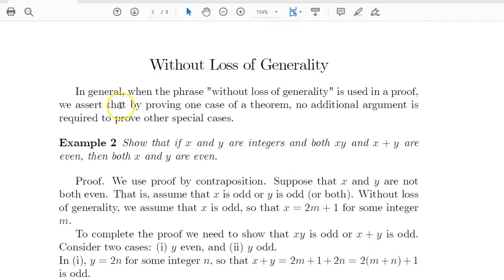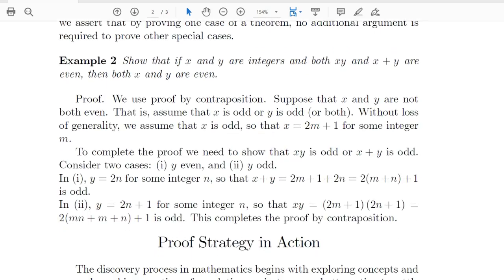Without loss of generality. When the phrase without loss of generality is used in a proof, we assert that by proving one case of a theorem, no additional argument is required to prove other special cases. So they can be proved the same way as the case that we consider. Example,